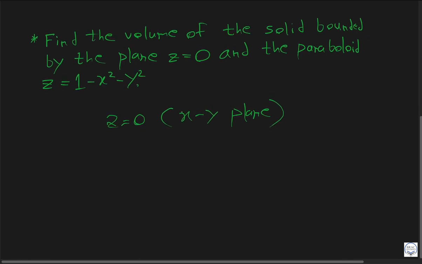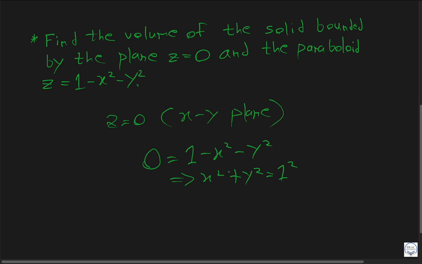And how do we find what happens to the paraboloid at z equals 0? It's a very simple thing. We just put z equals 0 in this equation to find 1 minus x squared minus y squared equals 0, which must mean that x squared plus y squared equals 1 squared,